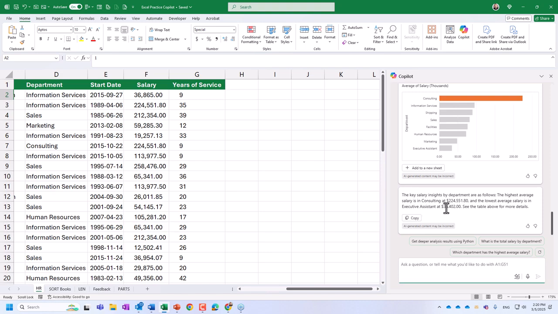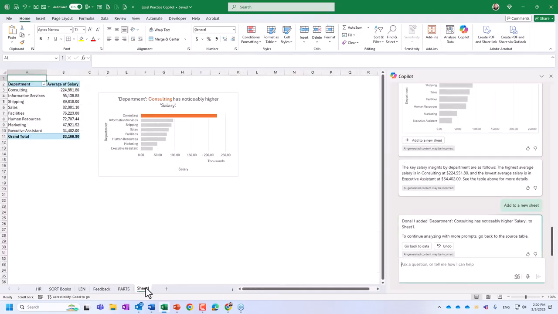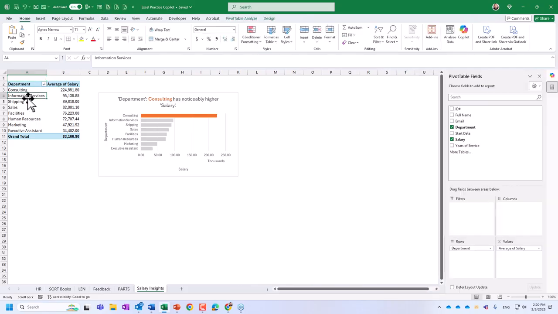The lowest is executive assistant. And here's a table. All right, let's add that to a new sheet. And there I have sheet 1. I'm probably going to call this one, and double click, salary insights. And there we go. I have a pivot table. And you can see the field list and a pivot chart